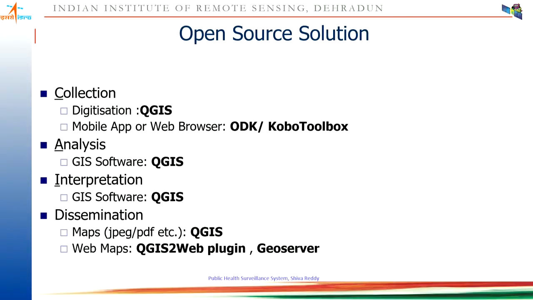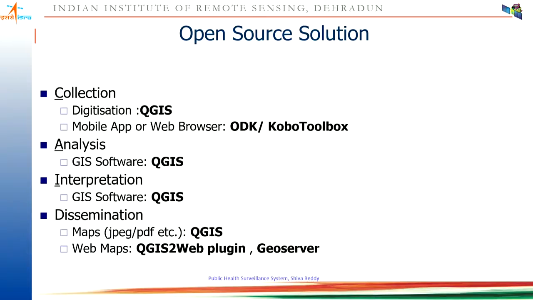Once data is collected from the mobile app or web browser, the solutions I was talking about, ODK and Kobo Toolbox, work both online and offline. It means, suppose you are connected to the server and you know that you have a form which needs to be filled, say the S form, L form or P form in case of IDSP. Once the form is loaded into the mobile app, then during data collection, internet is not required. So even if internet is not there in remote places, you can collect data, and it will be stored in your mobile or in your browser cache, and as soon as you are connected to the server, this data will automatically be uploaded to the server. So even in offline mode you can collect the data.